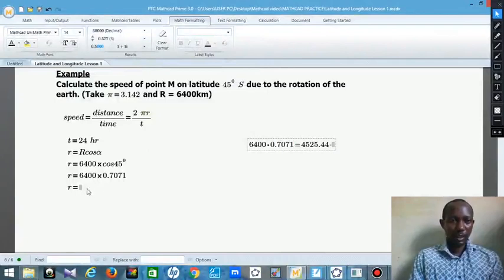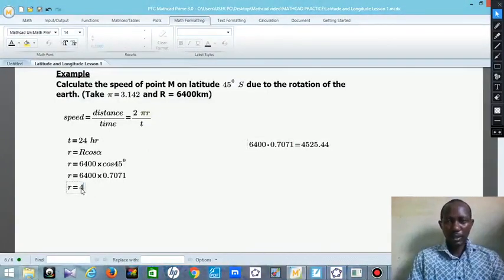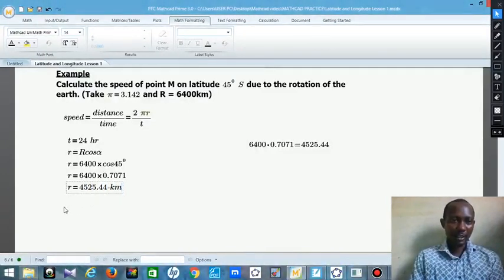So you have 4,525.44 kilometers. The radius is given in kilometers, so your answer is going to be in kilometers. Now that R is known, we are through with our calculation. Just solve for your speed now. Therefore, speed